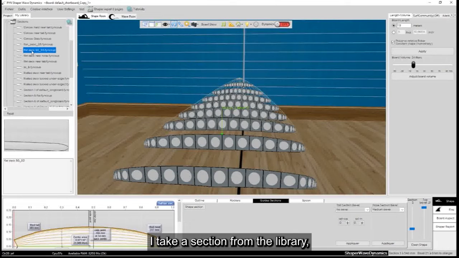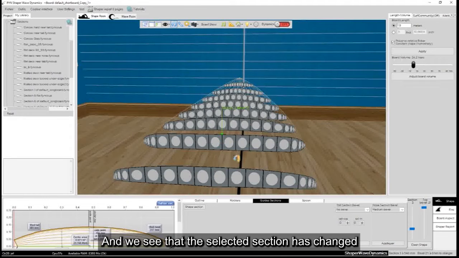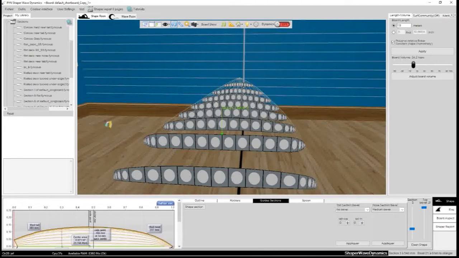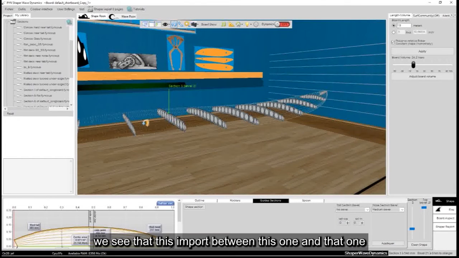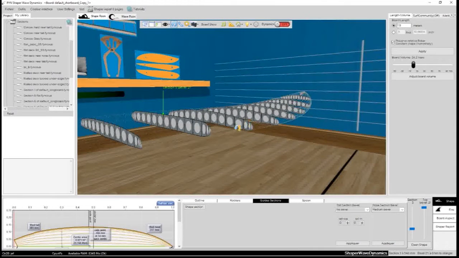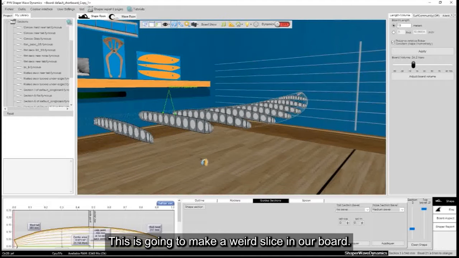I take a section from the library and I drag it into the board. And we see that the selected section has changed to match the one we just imported. We see that this import between this one and that one will create a discontinuity. This is going to make a weird slice in our board.